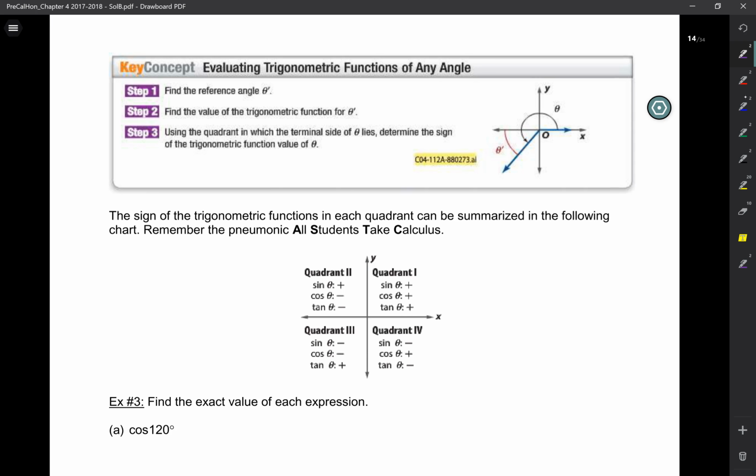So, now if you had any random angle, okay, 480 degrees, and you wanted to find the trig function of it, sine of 480 degrees, whatever it is. It's a 3-step process. 1, find the reference angle theta, okay? Find the value of the trig function for theta prime, and then fix the sign. All right, now,